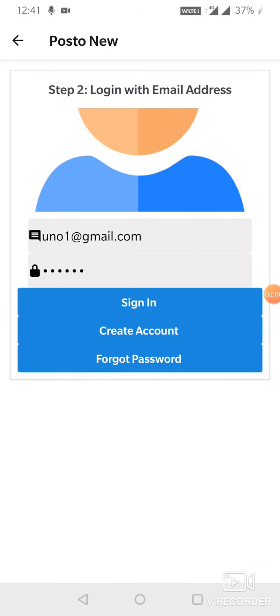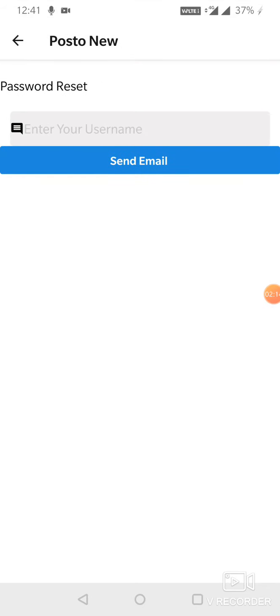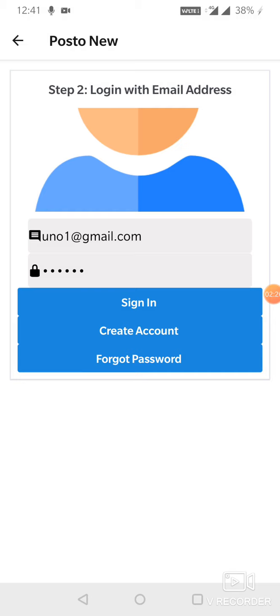If in case the account is already created and you have forgotten the password, you always have an option to click on forgot password. When you click on forgot password, it will ask you to enter the email ID that you have given and you will be getting an email where you have to follow the steps to change the password. The password can be set this way. Also, now that you already have an account created, click on sign in.